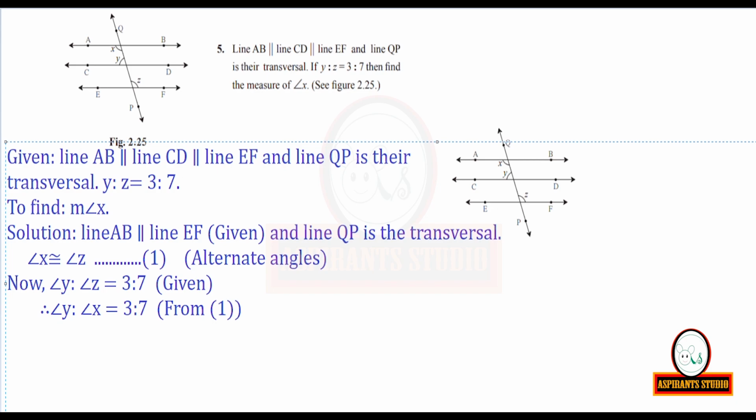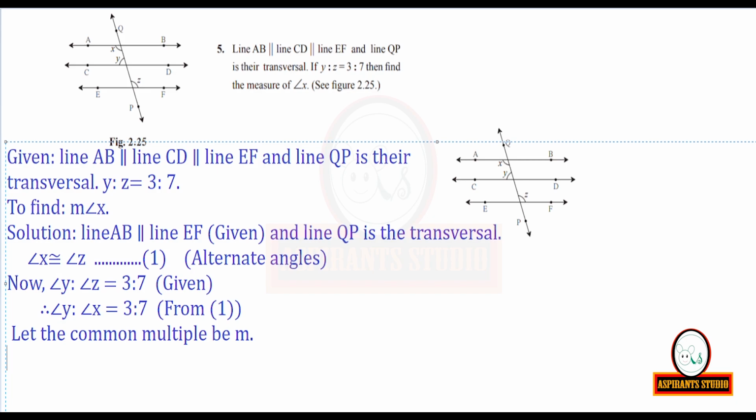Now, since the ratio format is there, 3 is to 7, we can take the common multiple to be m, because 3 is to 7 means 3 multiplied by 2 upon 7 multiplied by 2, otherwise it can be 3 multiplied by 1 upon 7 multiplied by 1, otherwise it can be 3 multiplied by 3 upon 7 multiplied by 3. So we will take the common multiple. We do not know what the common multiple of the ratio is, so let us take it to be some m. Let the common multiple be m, the unknown number.